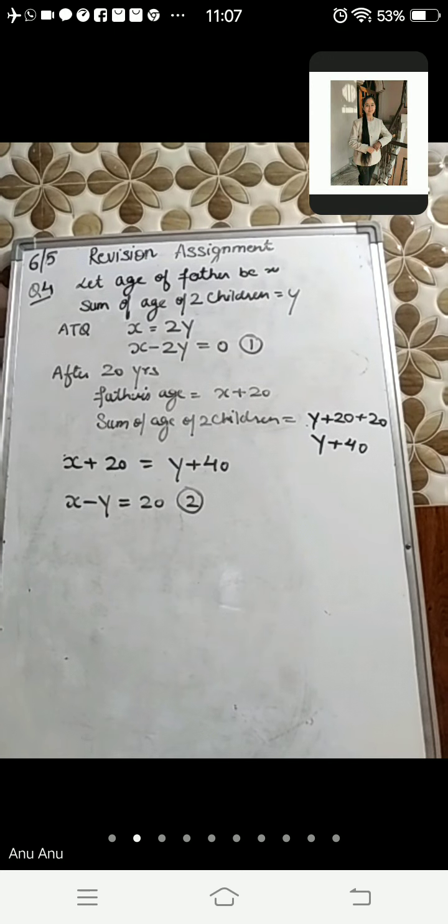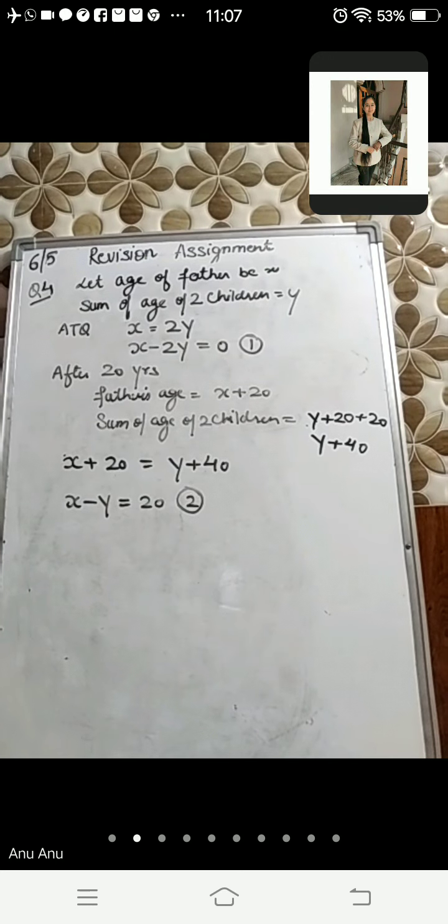Subtract 1 and 2, instead of adding. Do you know why I have subtracted instead of adding? If you add, x and x will give you 2x, and this is 3y, so you will not be able to remove a variable. You are not able to eliminate the variable. That's why I have to subtract them, so that one variable can be removed at a time to get the value of the other. So this will cancel out, plus minus minus, and the sign will be that of the greater. This is minus y equal to minus 20, so y is equal to 20.